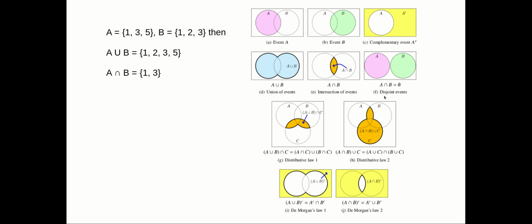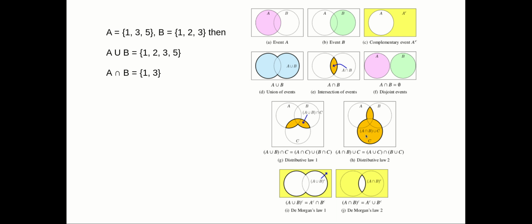What exactly are disjoint events? Disjoint events means that A and B have no overlap. That's called disjoint events. And then here are some more complicated examples involving a third event, C. It's not just A and B anymore, it's A, B, and C. Three events can interact with each other and give you all sorts of strange shapes,